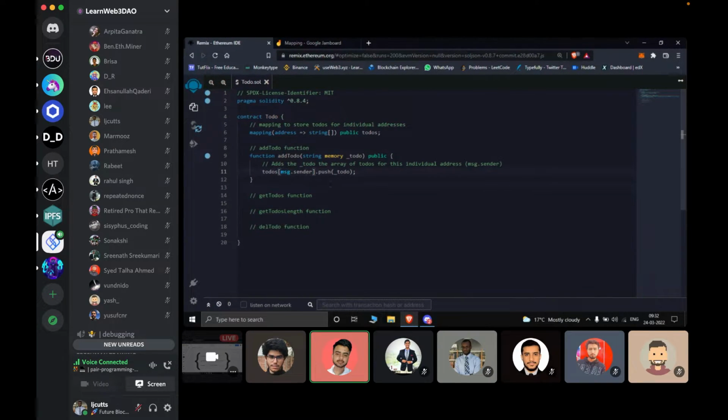All right, so let's head over to the getTodos function. In the getTodos function, we want to get all the to-dos for the current user, for the person who is interacting with our smart contract. All right, so let's create a function, call it getTodos. We are not going to supply any parameters here. Let's make this a public view function, and it's going to return an array